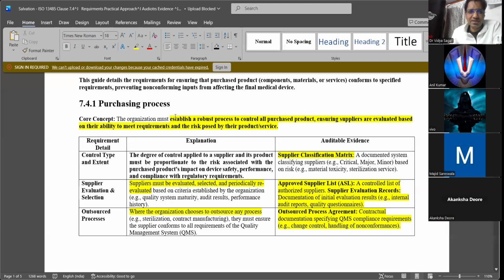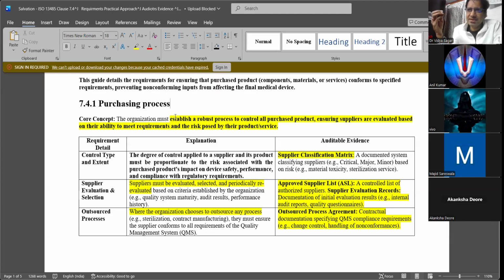But here it is not similar to that. Why? Because we are manufacturing medical devices, which are for the patient. It's not like we are purchasing groceries or clothing for fashion.